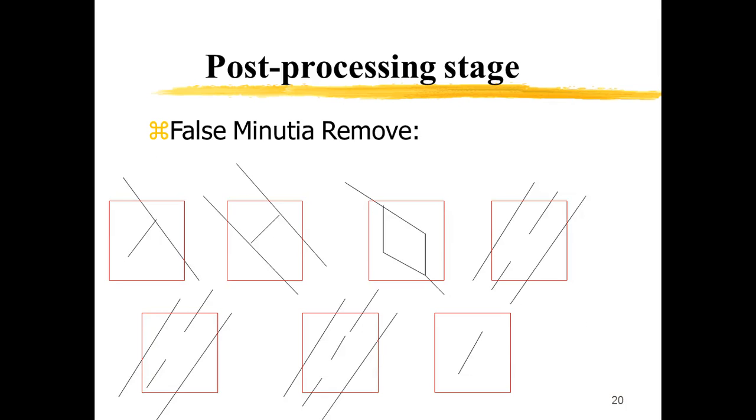The first one represents a valley that is being pierced by a spike. The second has two ridges that are connected by a spike. In the third image, we see there are two bifurcations and they're very close to each other, so that can be assumed as a false minutiae.